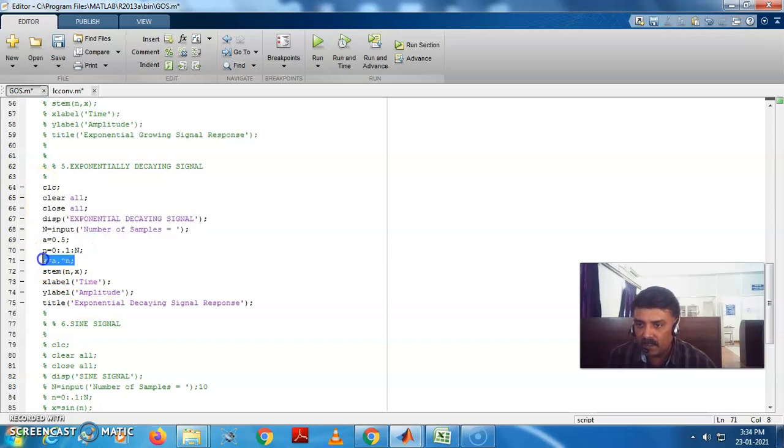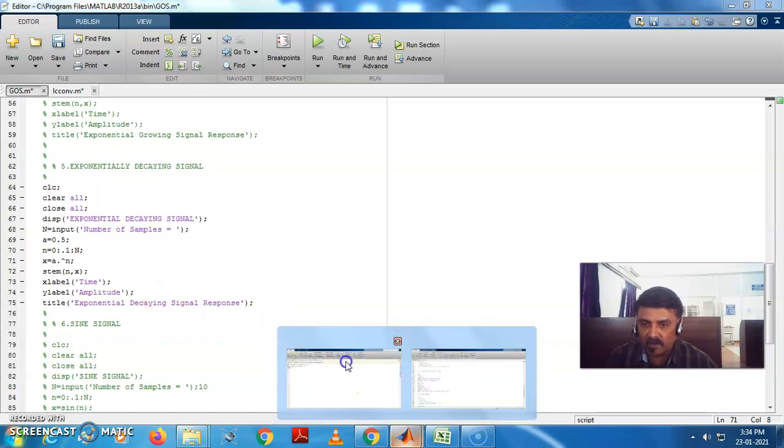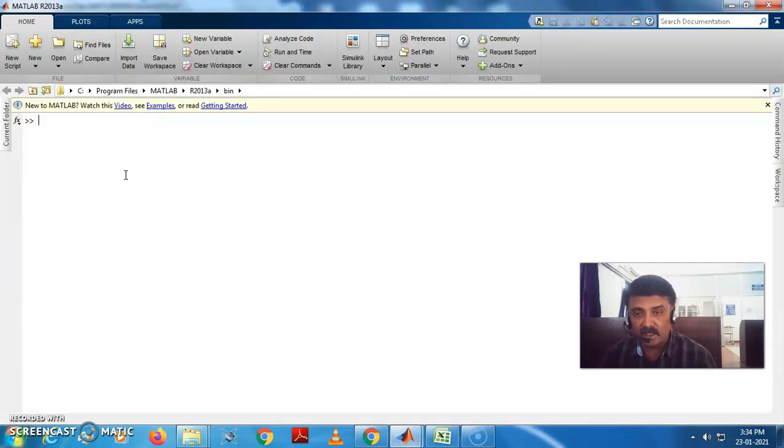The only difference is here: x equal to a into a dot cap n, which means a dot power n. So this dot actually represents element-wise power. These two values correlate one by one. Okay, I'll tell you the difference, two differences. Just clear here. You take clear all,